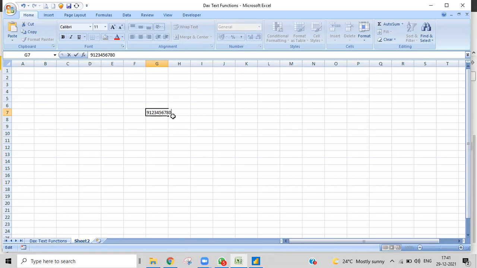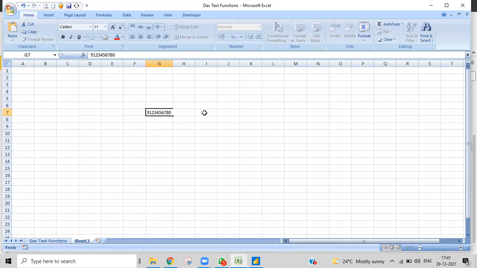This is my phone number, and I want to write it like this: 9, then stars, and 0. So you'll see it like this, always. Whenever it is an email address or an account number, the first letter and the last letter will be displayed, and between them everything will be hidden in real time. So how can you show that?